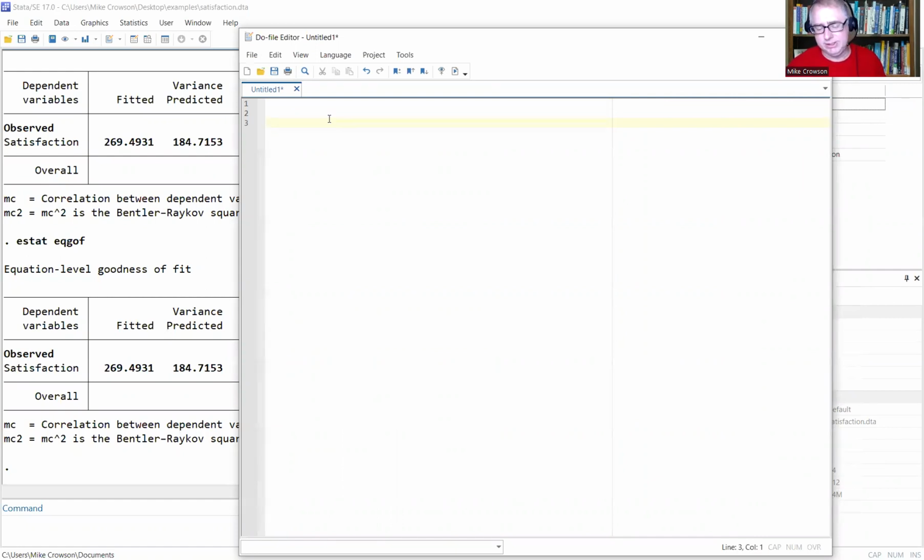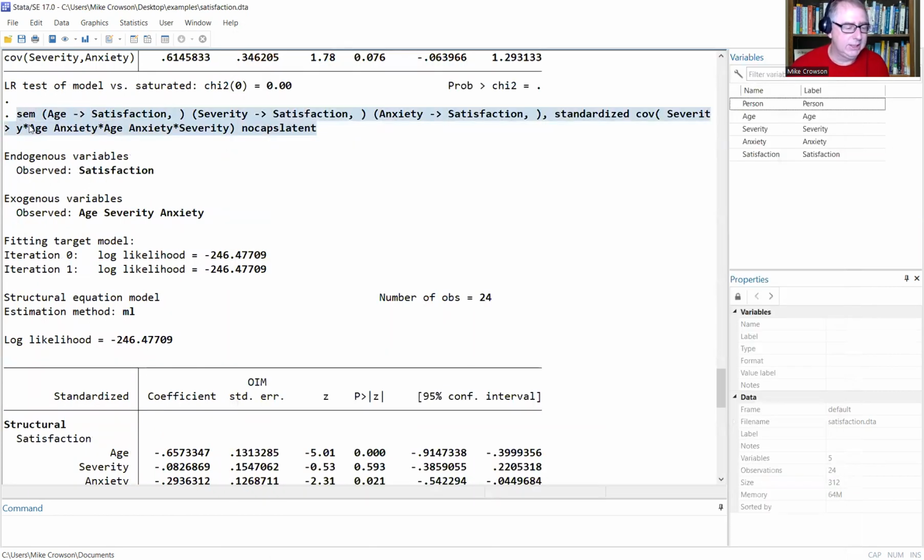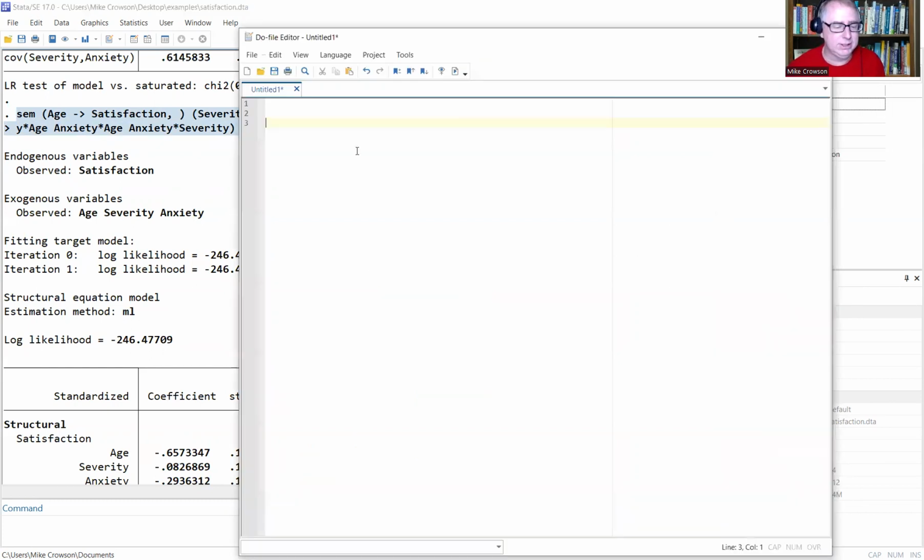The graphical user interface is obviously very easy to use, but in much more complex models, using syntax will oftentimes make life a whole lot easier. So what I'm going to do is go ahead and type in the function. If you go back up here, you can see our syntax for our SEM. It goes over to the next line, so I can't copy this directly, but I could copy this and get rid of that little sign right there, which would throw things off. But just to show you, I could actually copy all of this and paste it into the do file editor